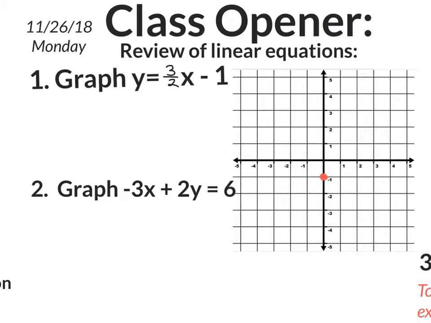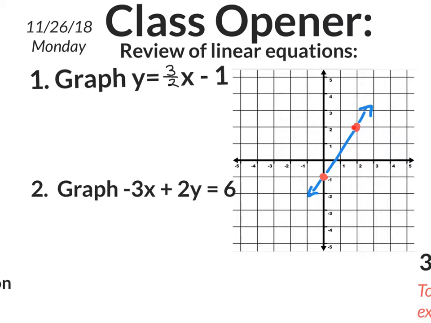Now from that dot, you have to rise and run according to your slope. And it says rise 3, run 2. And we'll review this in a bit in case you feel a little rusty. So we're going to rise 3, 1, 2, 3, run 2, 1, 2, and we put a dot right there. And that's our line right there. All you have to do is connect the dots, put some arrows on it,